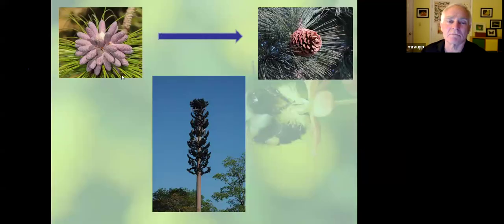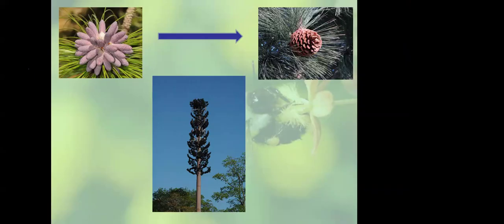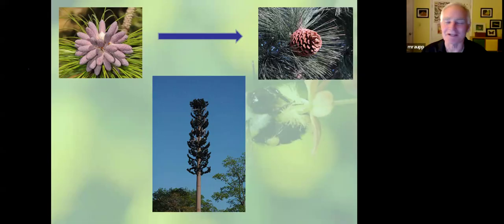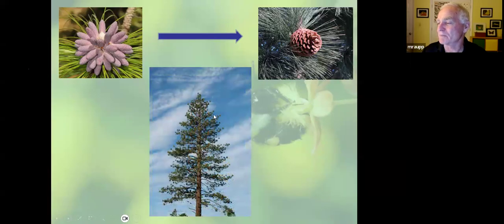Then came the time of the gymnosperm. Now, I'm pretty good with my plants, but I was driving across the Inter-County Connector the other day, and I saw that thing. Does anybody know what kind of gymnosperm that might be? Technologicus. Cell tower. Technological cell phone tower. Very good. That's what kind. You're right. I thought it might be an Araucaria, a monkey puzzle or Norfolk pine, but gymnosperms look like this.